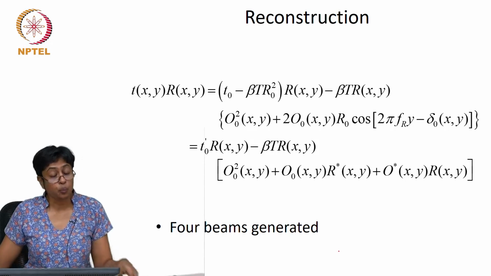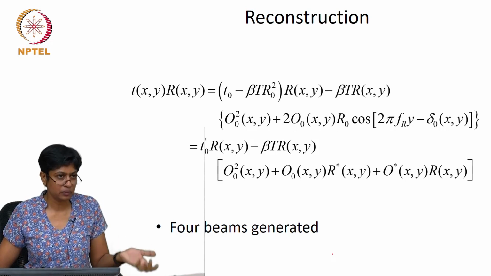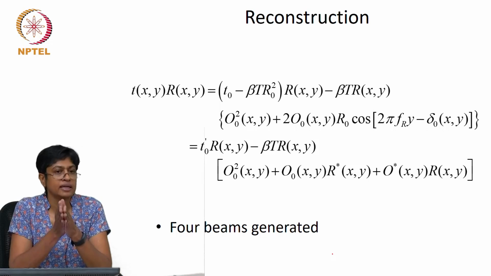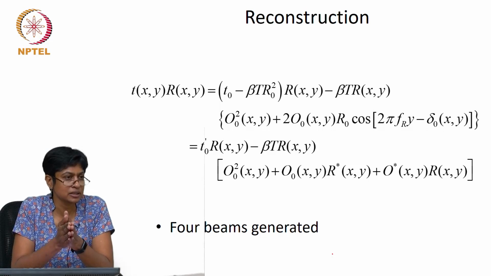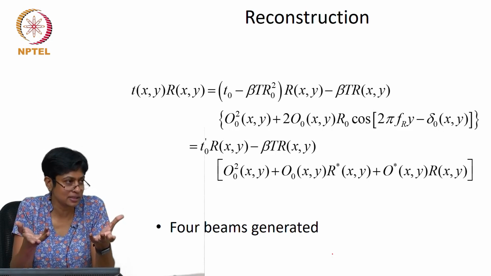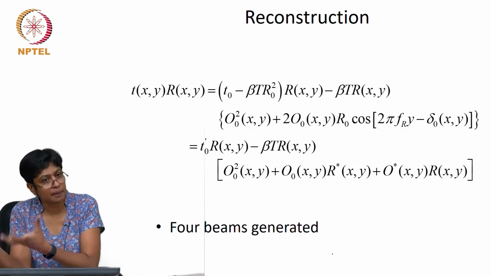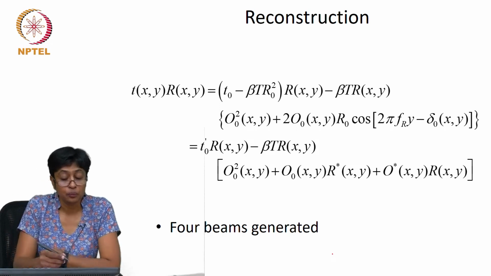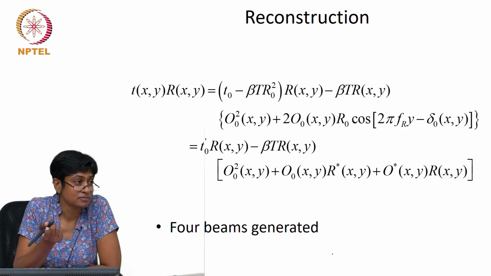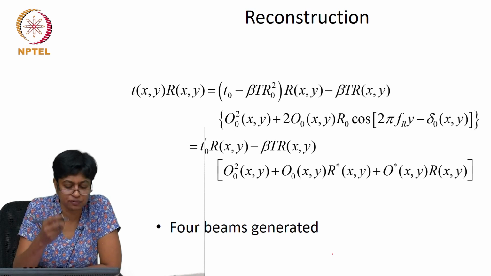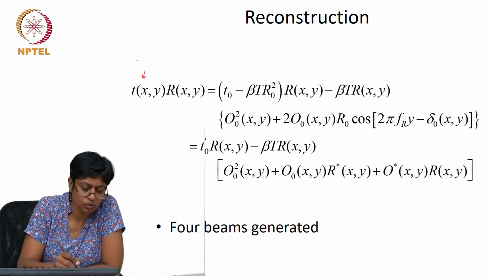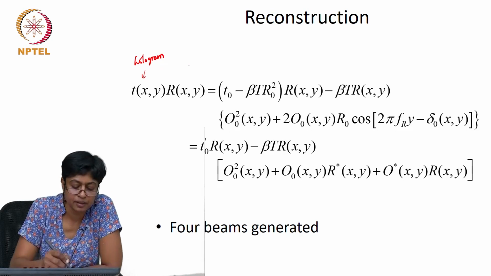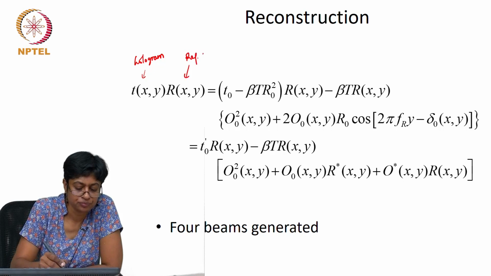So, how do we do the reconstruction? Well, we know if you have an optical element with a certain transmittance, multiply it by the incident beam to find out what happens after the element. So, that is what we will do here. And what is the incident beam? What does it have to be for a hologram? It has to be the reference wave. So, we take, this is our hologram or the transmittance of our hologram. This is the reference wave,